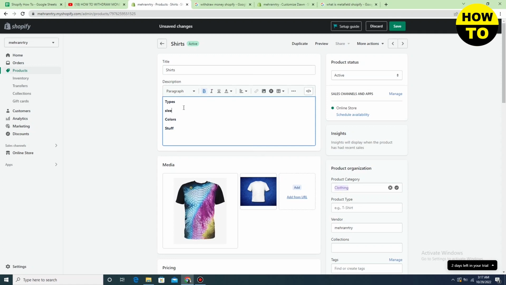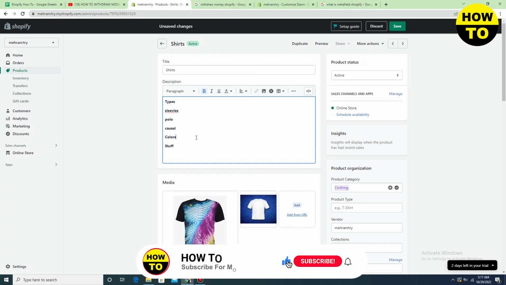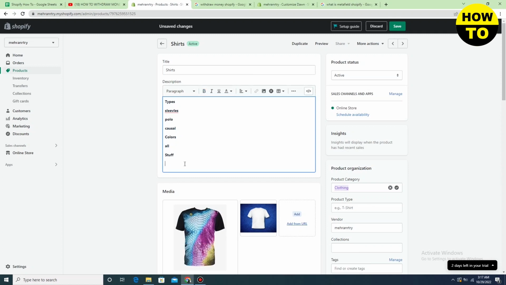So in order to write a good description you have to highlight some points and also provide the details under the highlighted point. So in this way you have got to know how easily you can add the description in Shopify. And after you have successfully added the description, in the next step what you need to do,